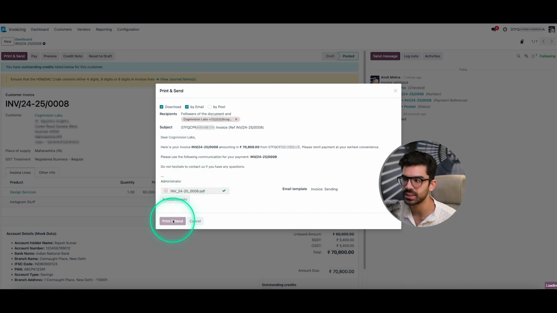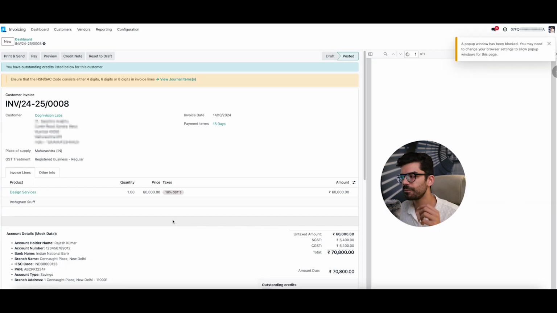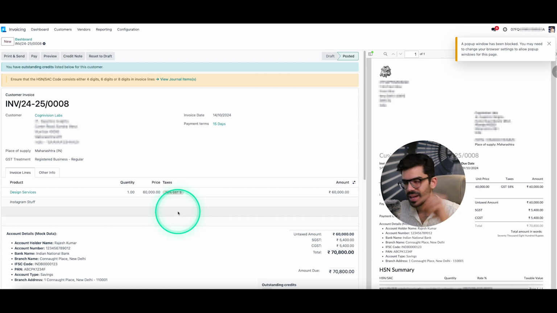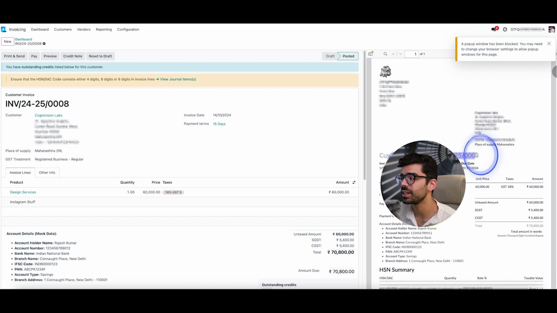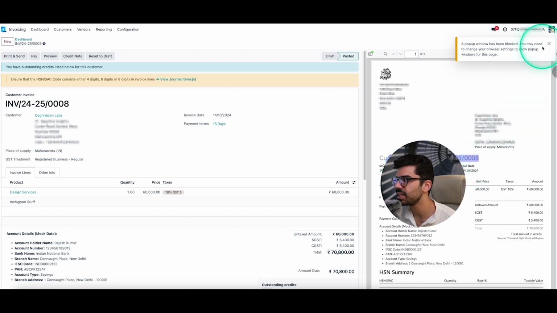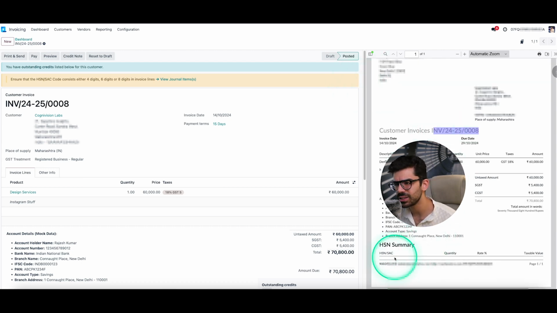So in most cases, in other invoicing tools, you have a PDF maker, then you have to download that PDF, then you have to go through your inbox and then attach and do all of those things. It's a complete waste of time. In fact, even the invoicing numbers are sorted. This is how the PDF looks like. It's just very, very clear and very, very sorted. My logo is always added. My email ID is always visible.